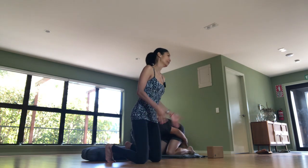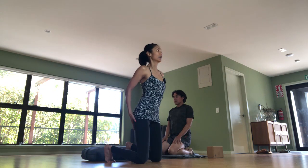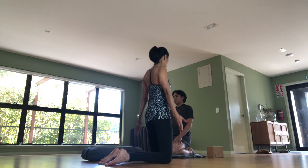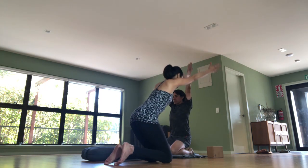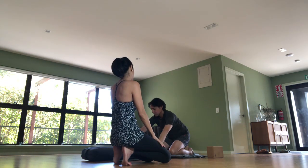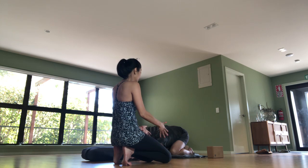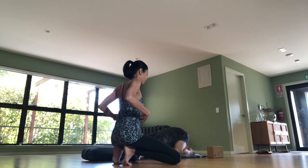He's going to make his feet as wide as his hips, knees as wide as his hips for now. And then he's going to reach the arms up, all the way up. And then he's going to lean far forward until he can press his hands onto the floor and come into Child's Pose. He's going to widen his knees slightly until he can feel the side ribs rest on the